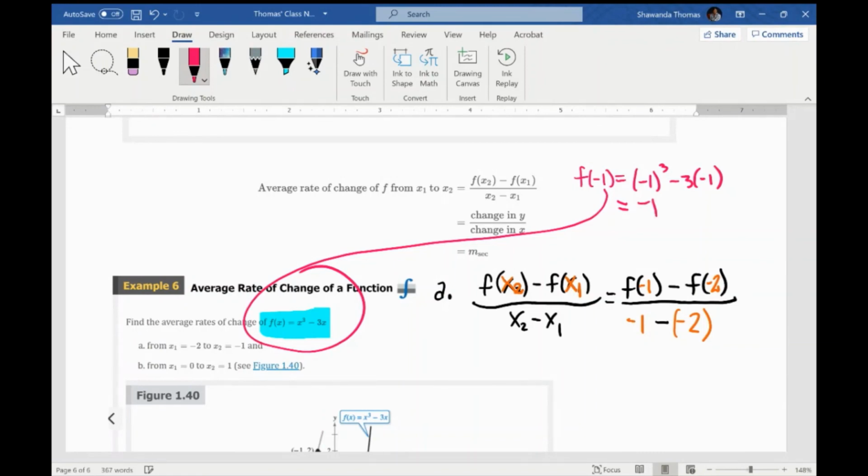What about minus 3 times -1? Plus 3. -1 plus 3 is 2. So this right here equals 2. So what I'm going to do is write it here: 2 minus,